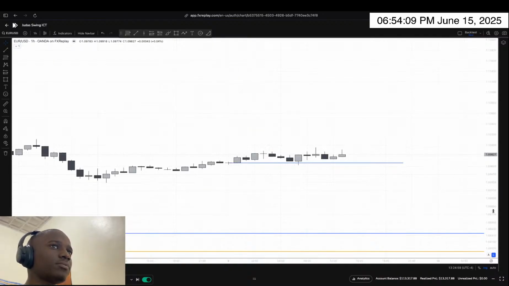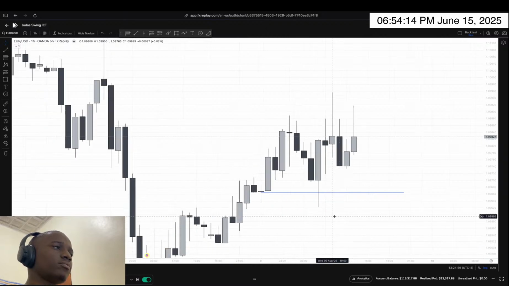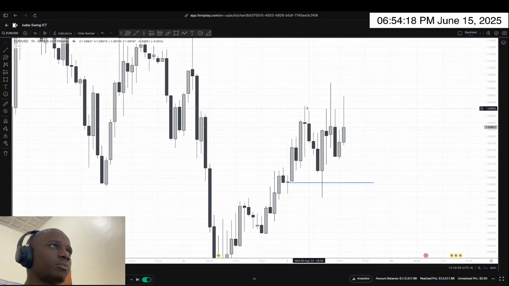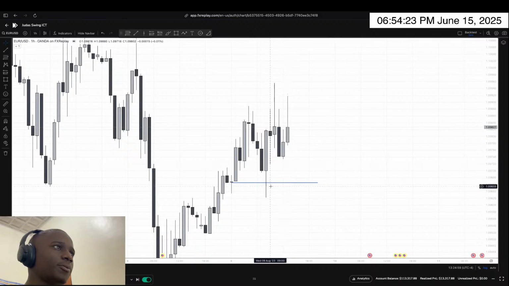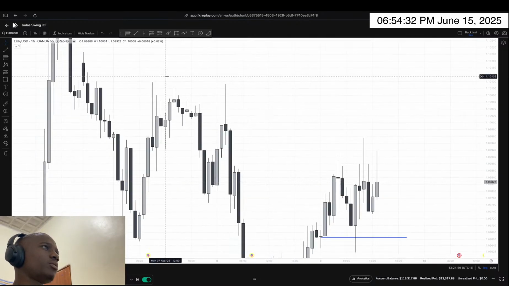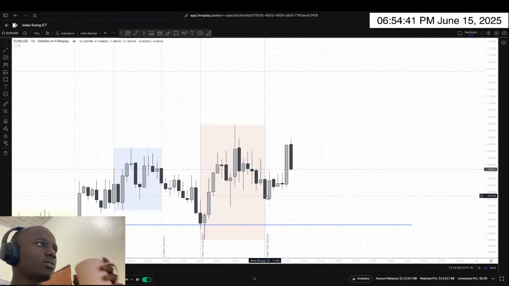And then 1 hour. In the 1 hour, you can see that we pushed above the daily open, dropped again, and then continued to push above, which means we have just this week below the daily open, and everything else is above here, which means today might actually be bullish and maybe take out a good draw on liquidity such as these highs, these equal highs. Going on the 15,